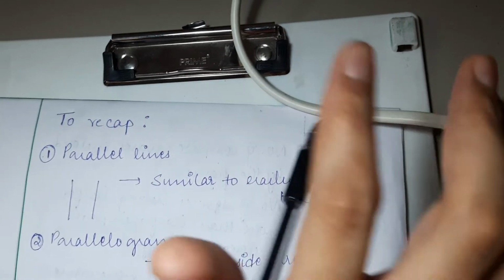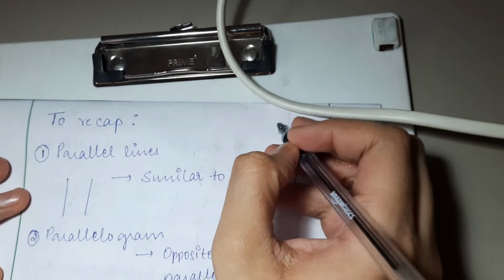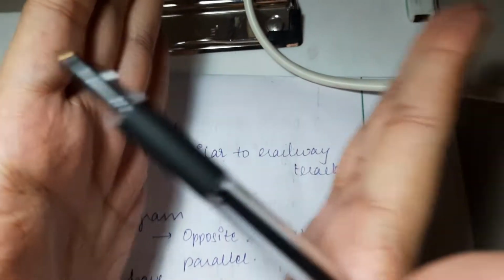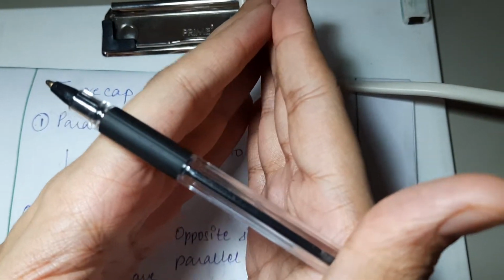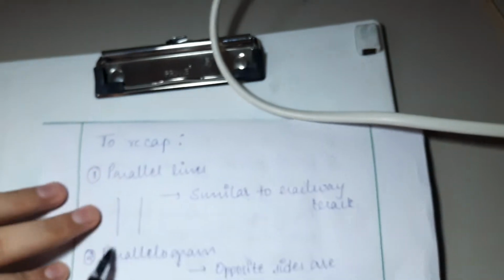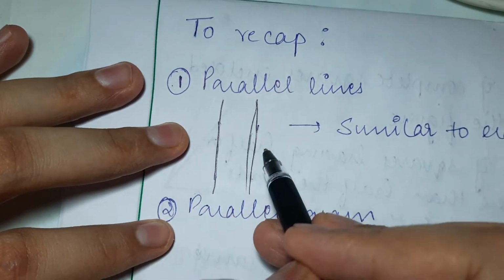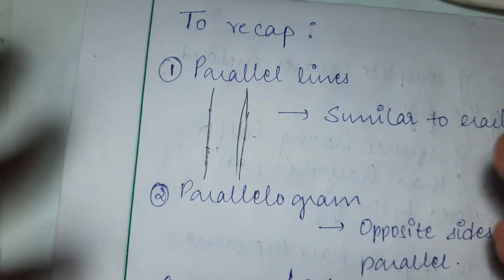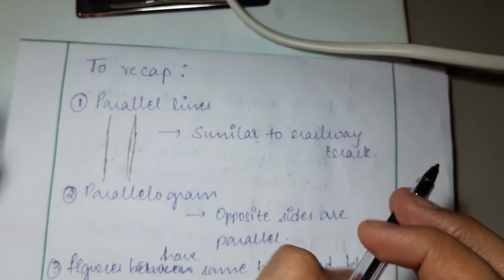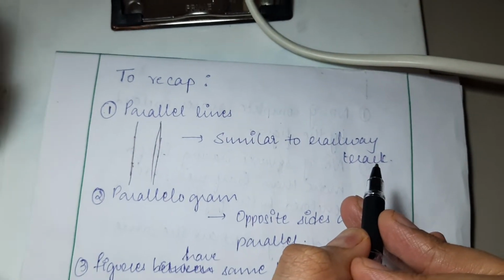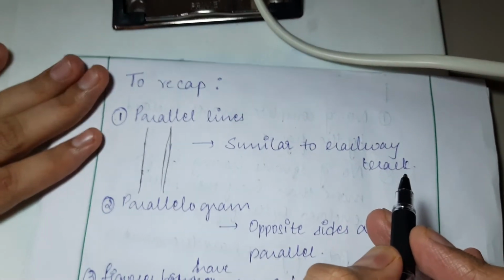Parallel lines. What are parallel lines? See, there are some lines which don't ever meet. It's like railway tracks. If the railway tracks are always going like this, they never meet, right? They keep going indefinitely. Even if you extend the track further, like even these two lines, if I keep extending them, they won't meet. And that is basically what parallel lines are. So every time you think of parallel lines, you should visualize a railway track. The biggest and most important example of parallel lines is a railway track.